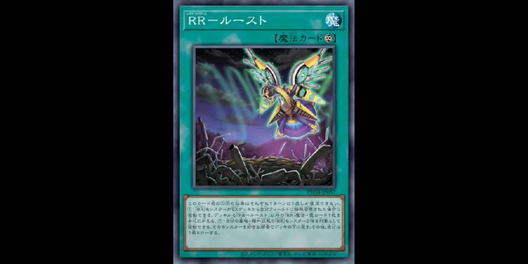But the second effect is that you can target 3 Raidraptor monsters that are banished and or in your graveyard, put them to the bottom of the deck in any order and draw a card. This is very helpful because Raidraptors go through their deck very fast of monsters, and just being able to recycle them can be pretty nice. Yes, you do need graveyard setup in some cases, but considering that you're going to go through your deck really fast, this second effect can be very helpful